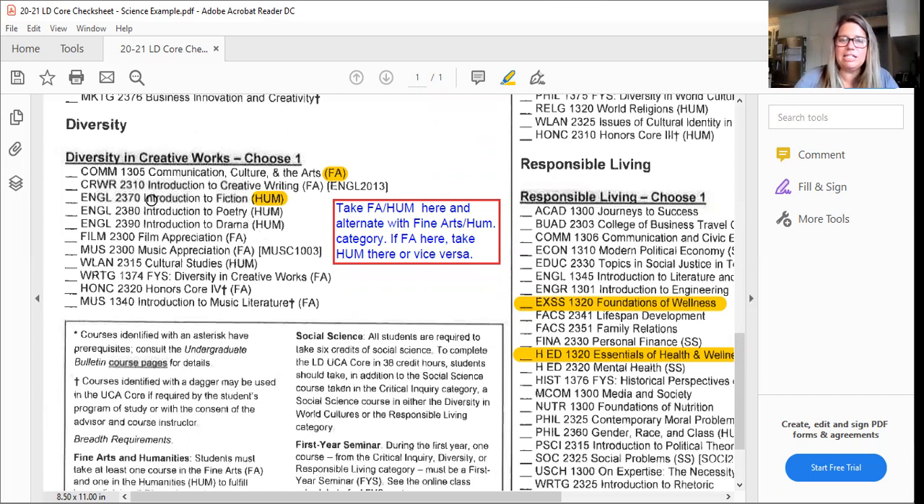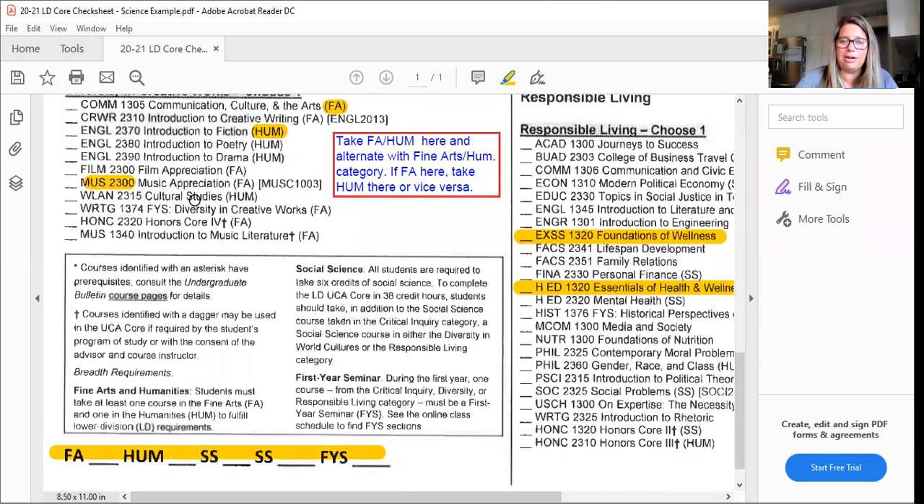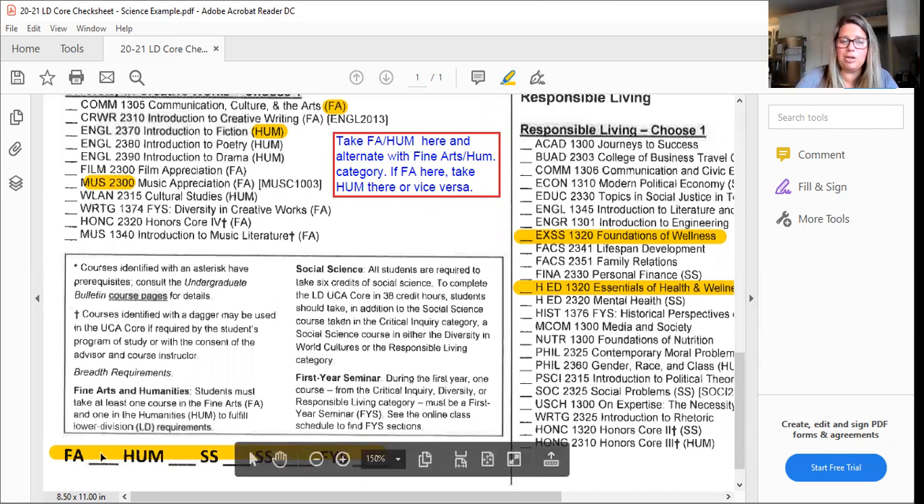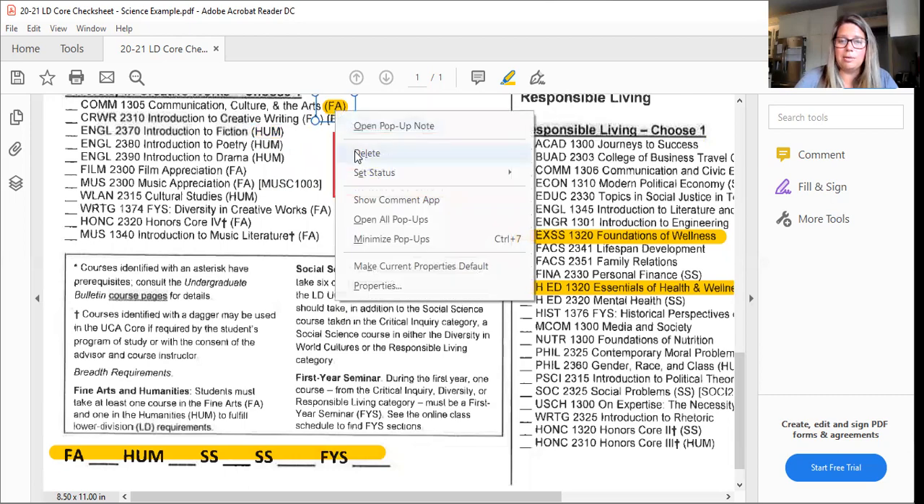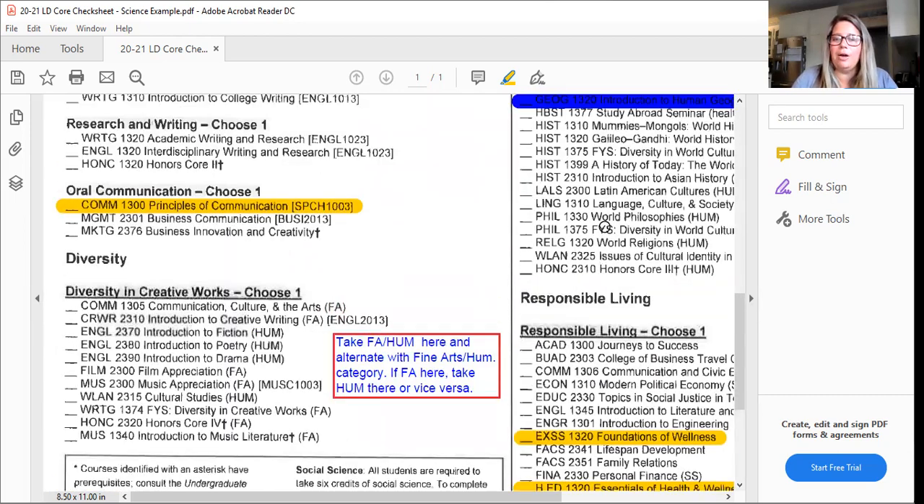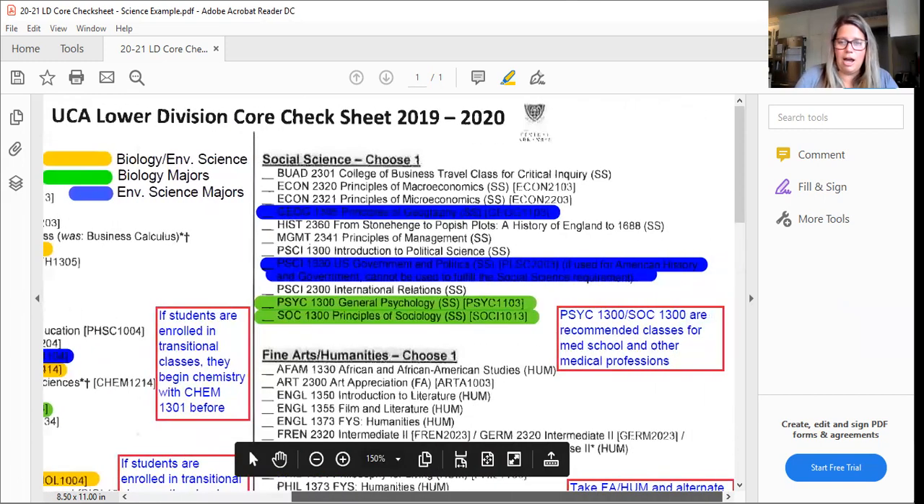So if you decided to take, for example, this Music 2300 class, you would also count it down here as a fine arts category. So you could also count it as your fine arts class down here in the breadth requirements. So I'm going to delete these so you don't have that on your thing when I email this to you. Okay, up at the top, moving forward, I have the social science